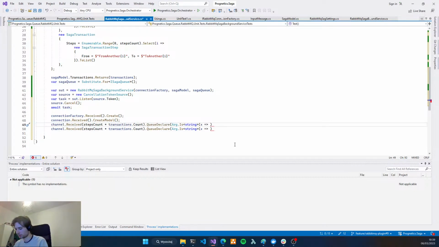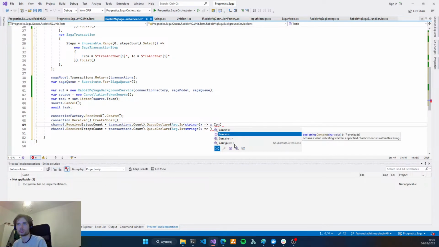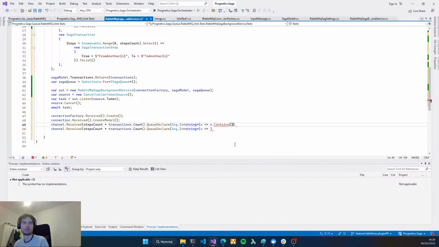So it's if contains, do we have that, or maybe substring?